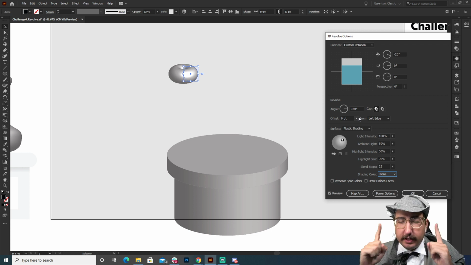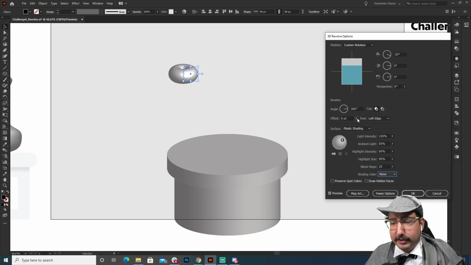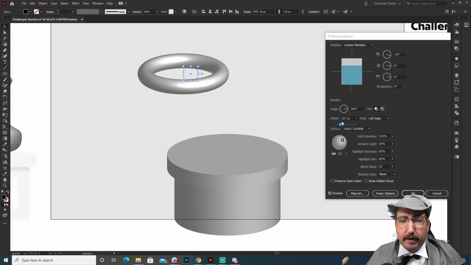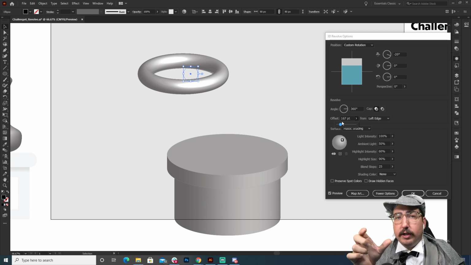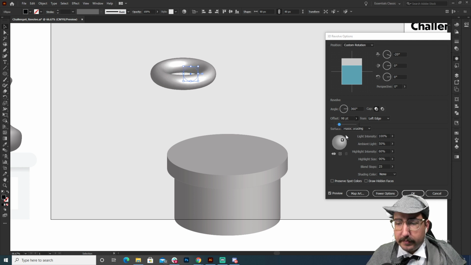So the offset, again, think always that we're rotating around some kind of pole around 360 degrees. It's saying, hey, instead of staying here, we want it to rotate here and then around. So it's offsetting it from that center point and then revolving it. So check this out. Yes, this stream, anytime I can possibly talk about it, we have donuts. So right here, we change the offset. And as we push the offset out, you'll see that it's actually making that donut bigger. It's saying the center point, we want you to rotate, but by an offset of a certain amount. So we'll make it that.